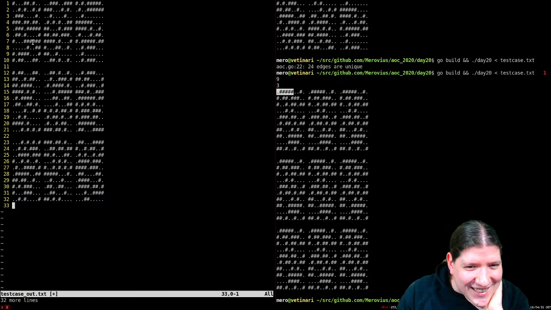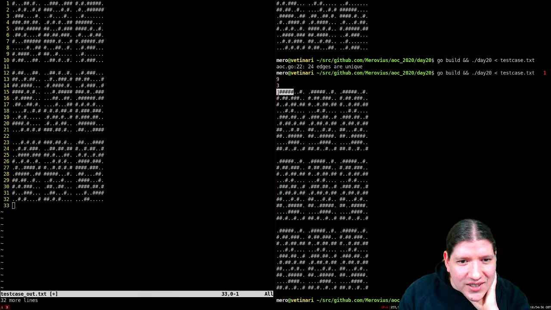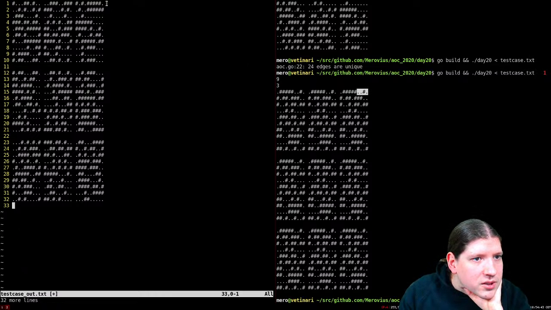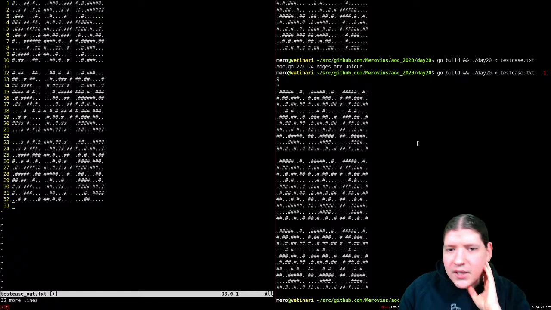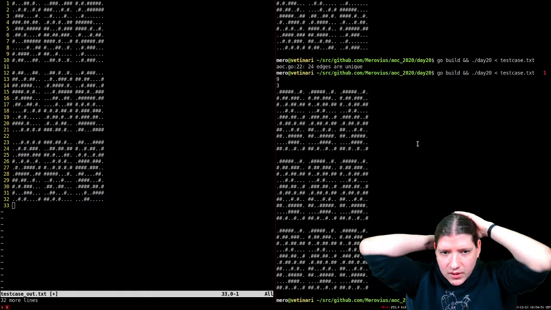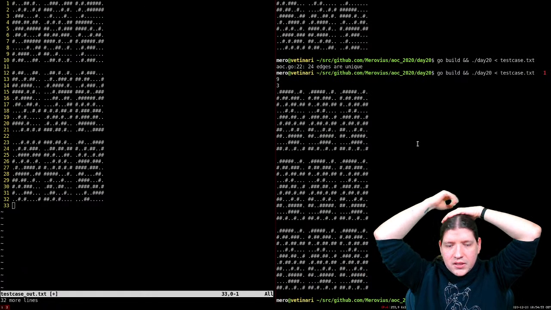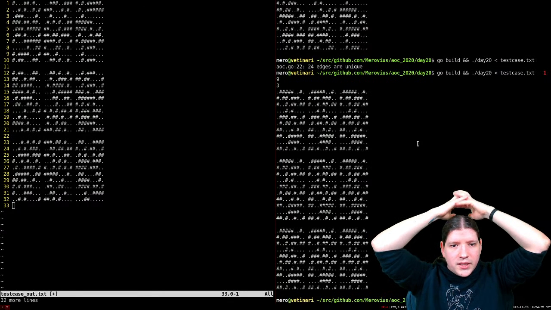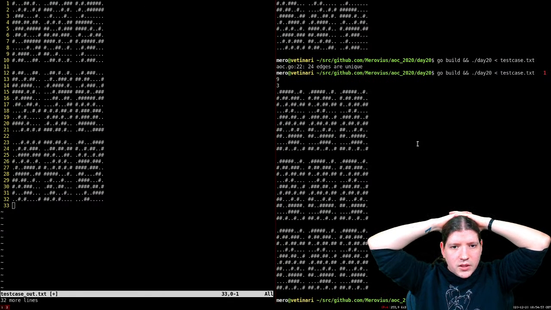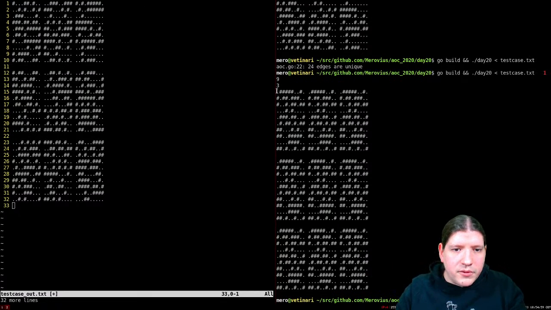Frick. Is a dot hash, or let's say is a dot hash dot dot in one of the corners. Dot hash dot dot. Still nothing. No, it seems to not even find the correct corner. So I don't know. Can we find this string in here? But I have to